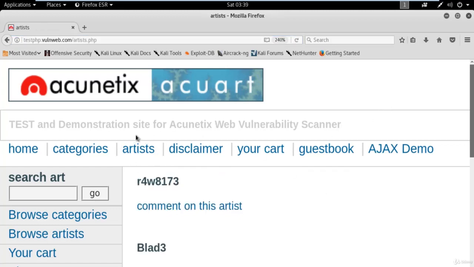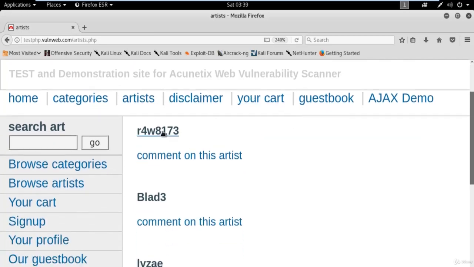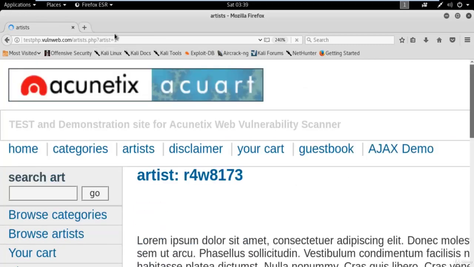I'm showing you how you can get a link. Click on artists and click on the first link. So you get a link automatically: testphp.vulnweb.com/artists.php?artist=1. This is the link available here, and I'm going to use that link to attack this website to get the username and password available in the backend or database.